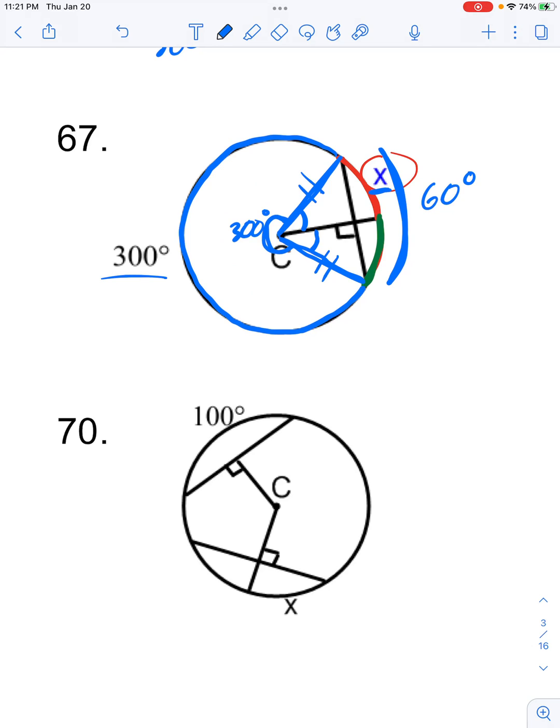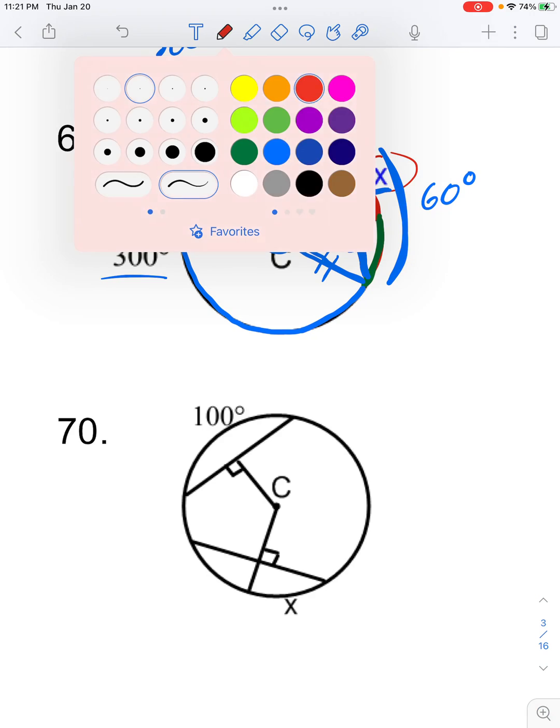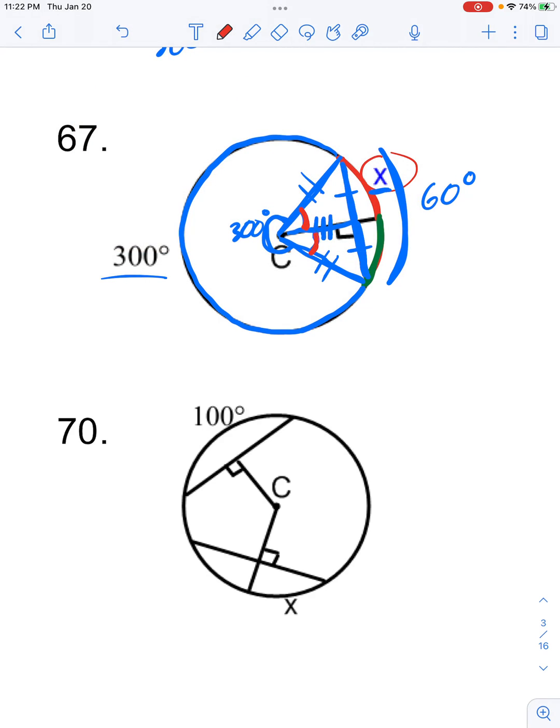of equal measure. Also, if we're looking at these two triangles here, we know that by the reflexive property, these two sides are congruent, and also these two sides are congruent by the bisector theorem. So we have two congruent triangles by SSS congruence, which means that the corresponding angles, particularly when we're looking at these two angles, must be congruent, and so we can say that they're of equal